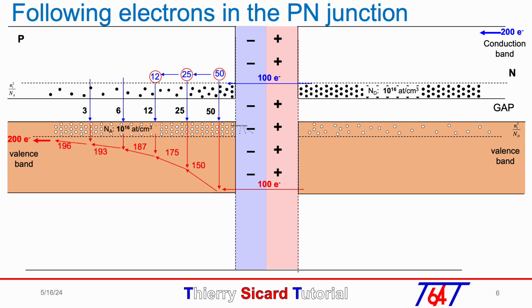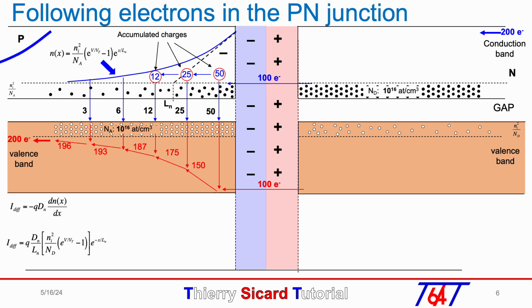The electrons in the red circle represent the accumulated electron charge in the p side. The exponential blue curve is the minority carrier electron concentration in the p side, which decreases to the minority carrier density at thermal equilibrium of ni squared divided by Na. As the diffusion current is a derivation of the minority carrier density, from the concentration curve we can plot the electron diffusion current in the p side. The conduction current in the p side is proportional to the electron concentration,